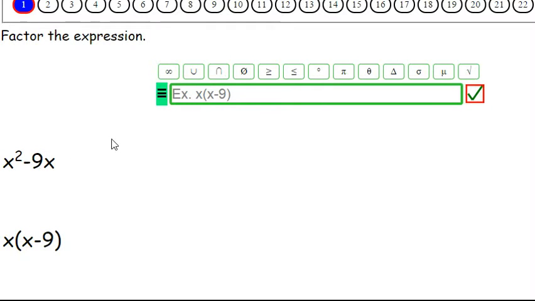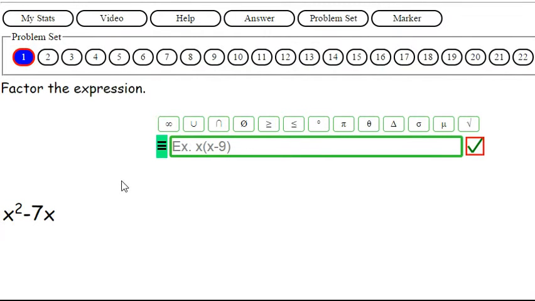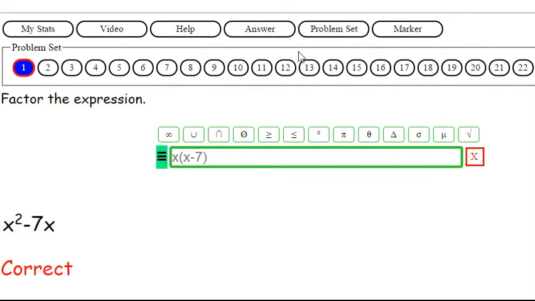And to show you this was a coincidence, we'll change the problem where we got x squared minus 7x, so you'd see this would be x parentheses x minus 7. Alright, let's check that out, correct? Okay,